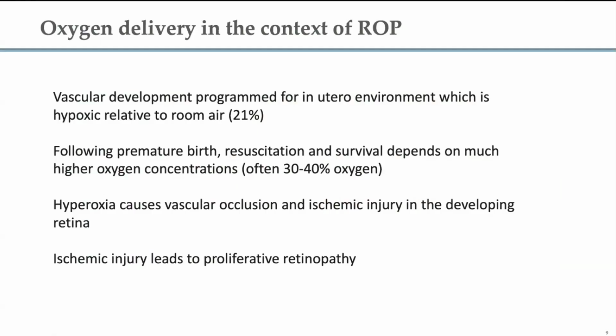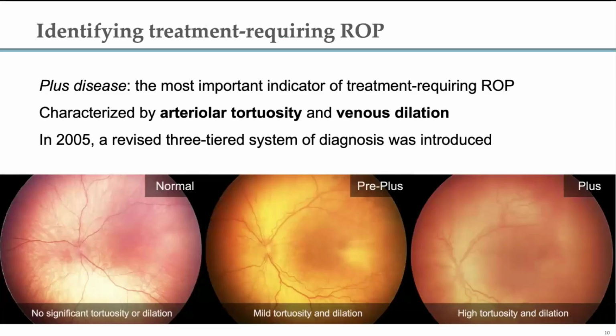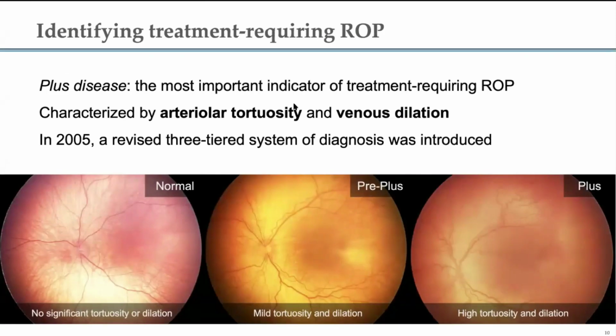However, the biology underlying this disease is related to oxygen delivery. When babies are born prematurely, they are often given a lot of oxygen that helps them survive, but that extra oxygen, the hypoxia, causes changes in the vasculature of the developing eye, and this can lead to a retinopathy. And the way the disease manifests itself is, if you look at the fundus of the eye, especially of these premature babies, and you look at the vessels, you'll see that in the normal case, you should see pretty straight vessels that are not too dilated.